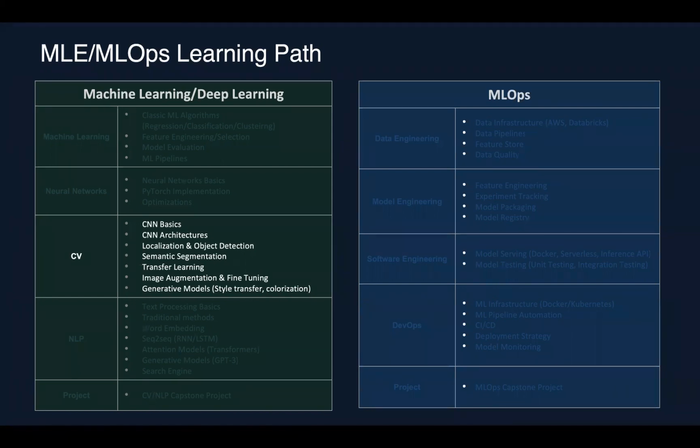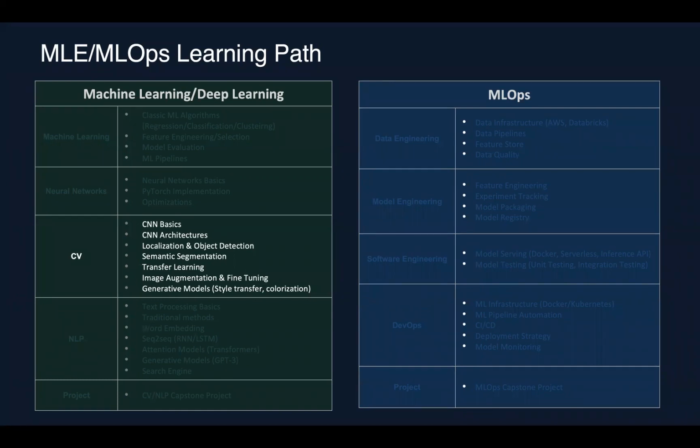And most companies can't really afford that, right? So that's why I think the industry is moving towards foundational models, which means companies like Facebook, OpenAI, Microsoft, Google, they will be building these large models, just like ChatGPT, which is based on large language models, right? And the cost of training the model is like millions and millions of dollars. So we'll be doing transfer learning and fine tuning and tailor those foundational models to your own use cases. And a lot of companies find success in that, right? And then, of course, generative models are becoming more and more interesting. Things like style transfer, colorization, all very popular.